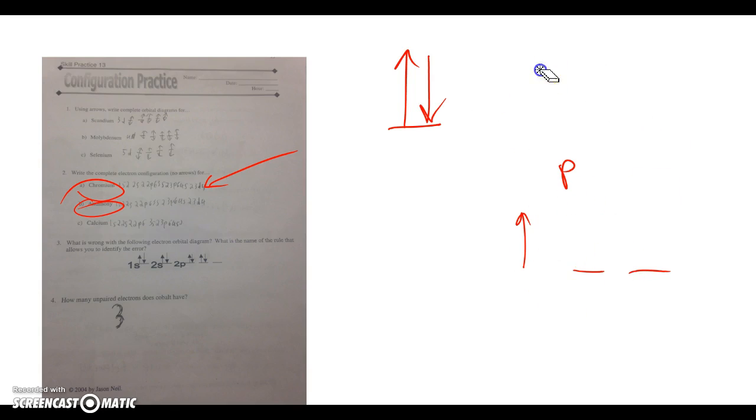Okay? Now, this sheet, it looked like you had everything right. Identify what is wrong with this picture. We just talked about it, didn't we? Write the orbital diagrams for these. So let's try